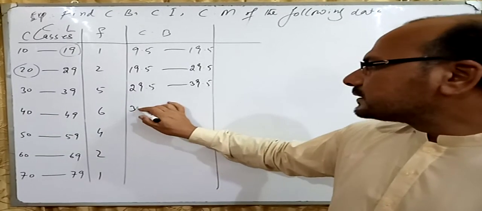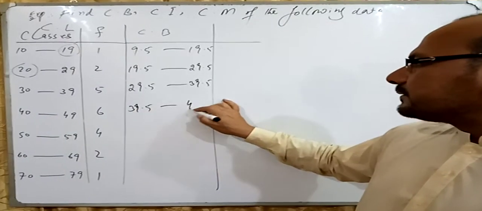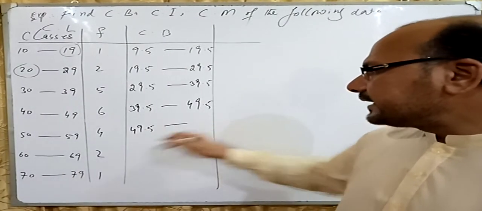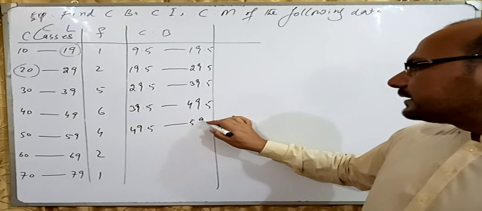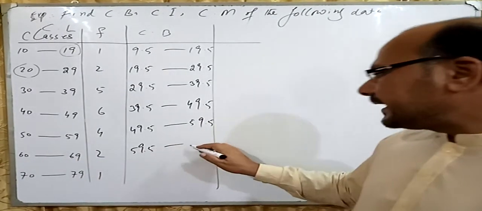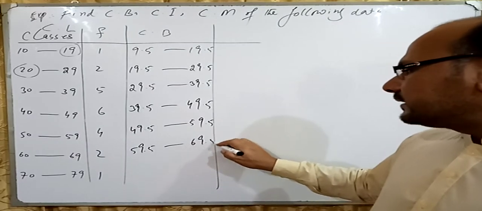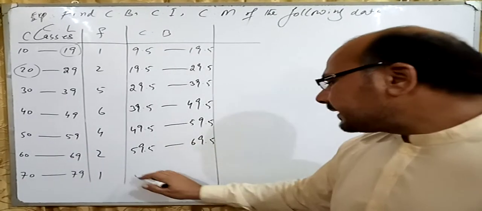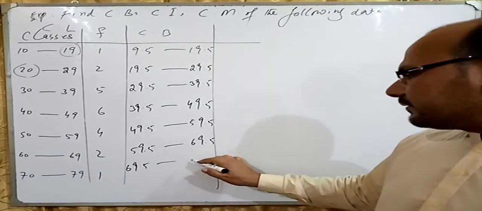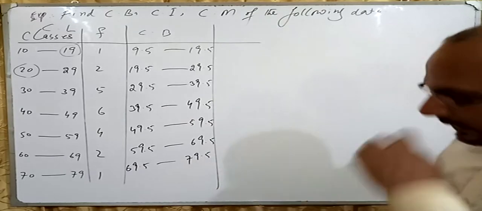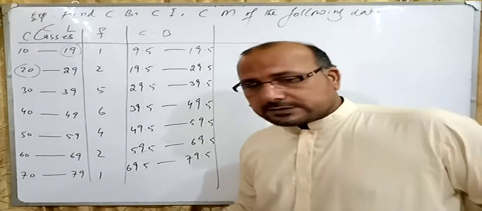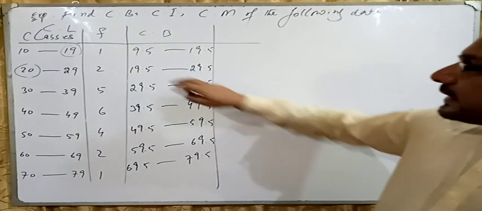It will become 39.5 and it will become 49.5. It will become 49.5 and this will become 59.5. Now 60 will become 59.5 and 69 will become 69.5. Then again 70 will become 69.5 and 79 will become 79.5. It will not affect the classes, it will not affect the groups, but you can say that there is